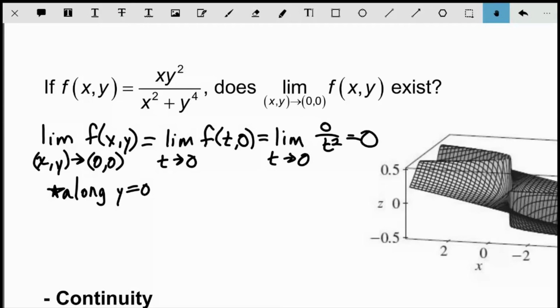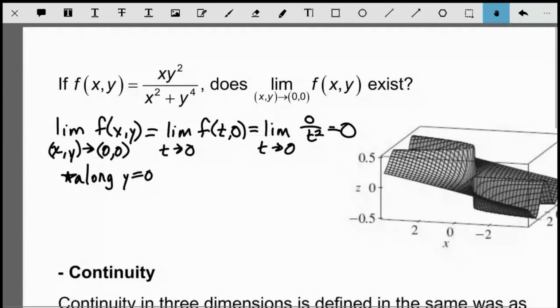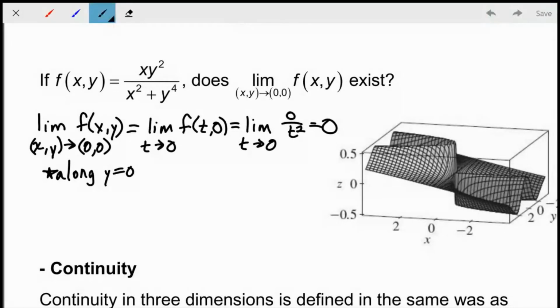And so when I looked at this, I thought, okay, well, how can I make this come out to be something other than 0? Well, to make this something other than 0, if I could get a t to the 4th expression to show up in the numerator like it's going to in the denominator, then potentially I could make this come out to be a non-zero value. And so what I did for my path then is I said, all right, let's take this limit. The limit as xy approaches 0, 0